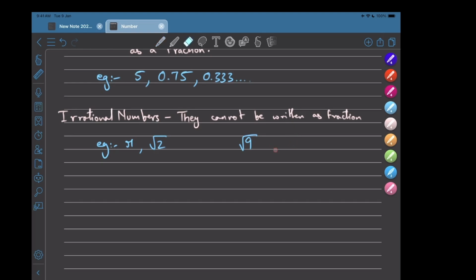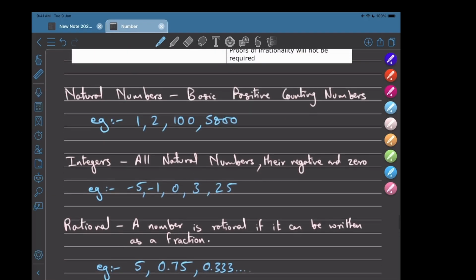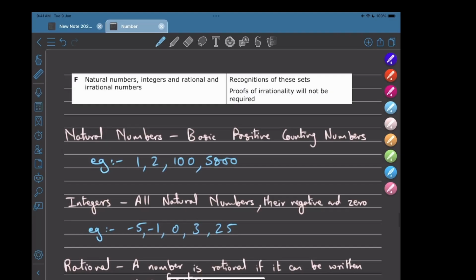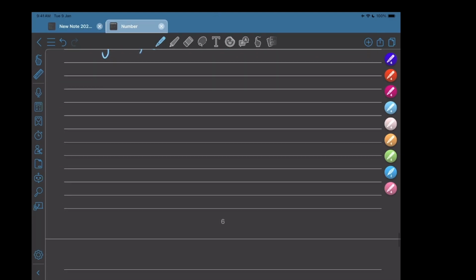So again, you guys need to look at the scenario, you guys need to look at the question, because under root 2 cannot be simplified. Under root 2 cannot be written as an integer value. Any integer value is rational, all right. So that's basically it about all the 4 kinds of things that you had to know: natural numbers, integers, rational and irrational numbers. So I hope this specification is clear.